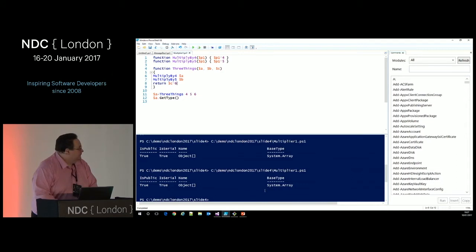So there are two ways out of this. One way out is to do an assignment. So if I assign it into a variable, let's say I'll assign it into D. The other alternative is to pipeline the output of that function into Out-Null. And then if I run it,